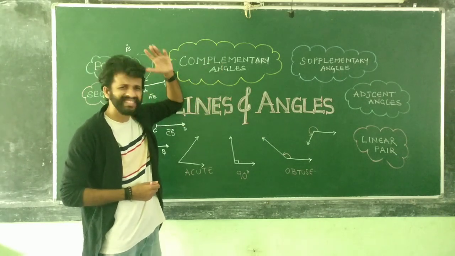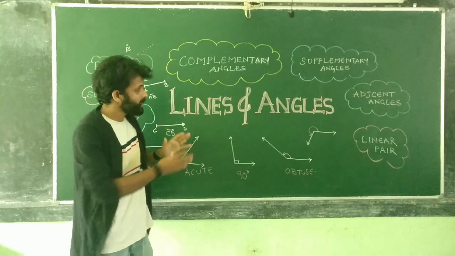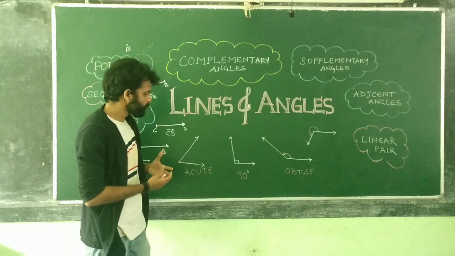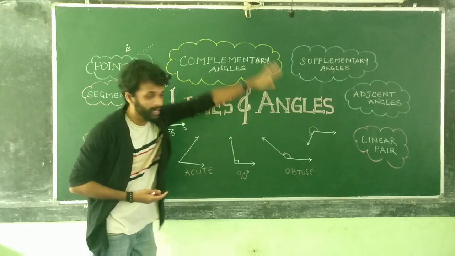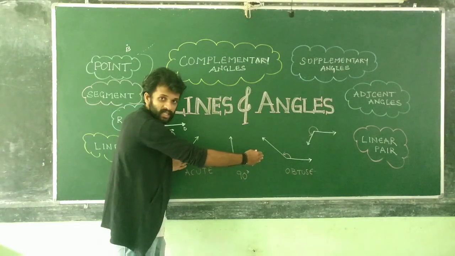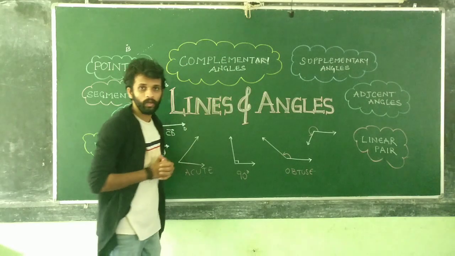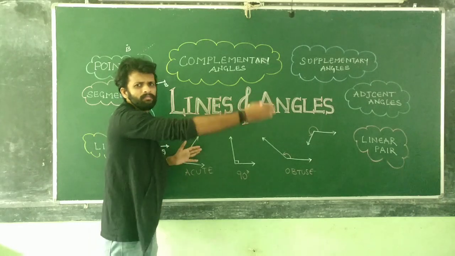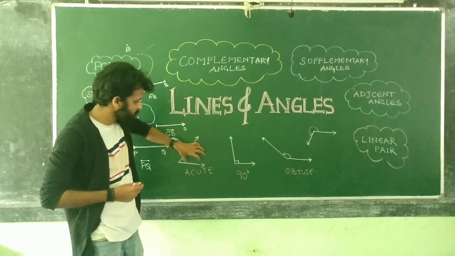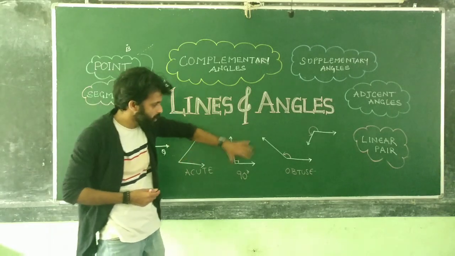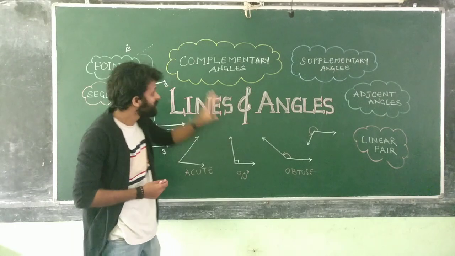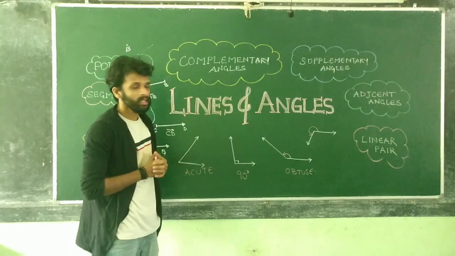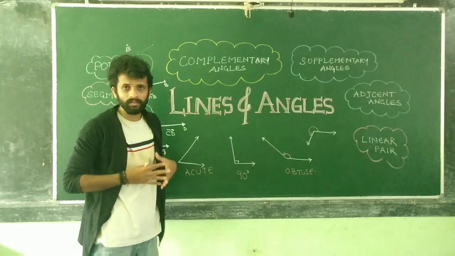Complementary, supplementary, adjacent, linear, okay? These are nothing but, in a simple way to put it, the relatives of angles. So all these angles which are there, their relatives are these. Relatively it is not part of that family. Little closer one. If I say that this is you, this is your brother and your sister and so on, these are your cousins. So that would be all these angles. Now we will study about each of these angles right now,